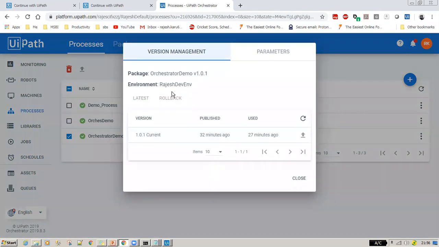See, here you can see which version is the current version. It is showing 1.0.1 as current. See, it is suffixed as current. That means only one active version is there, that is 1.0.1, when it was published 30 minutes ago. Now watch. Currently it is 1.0.1.